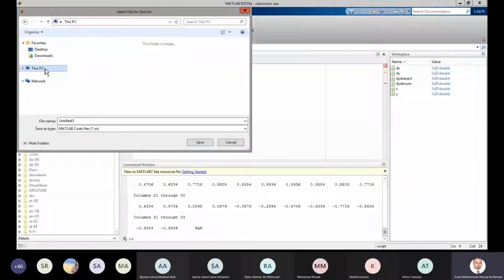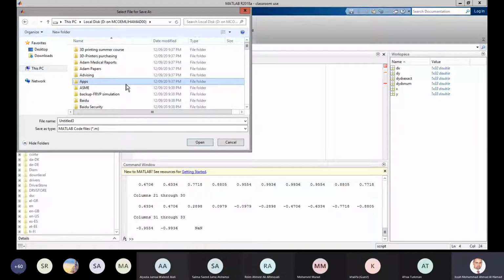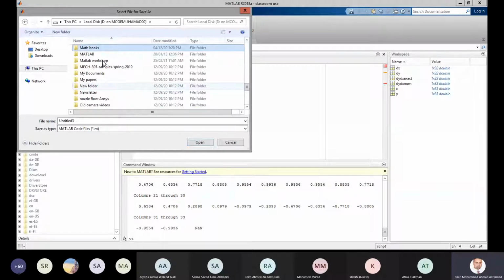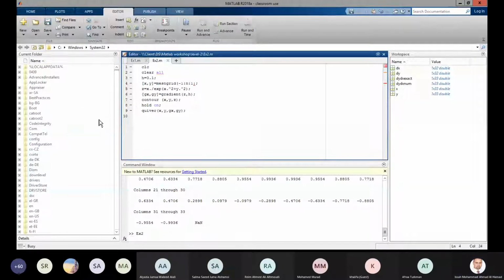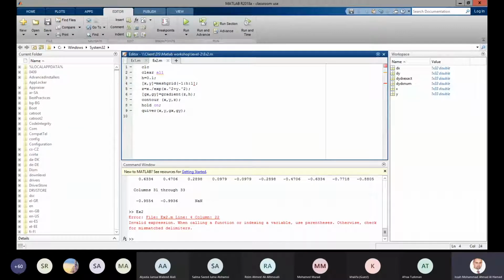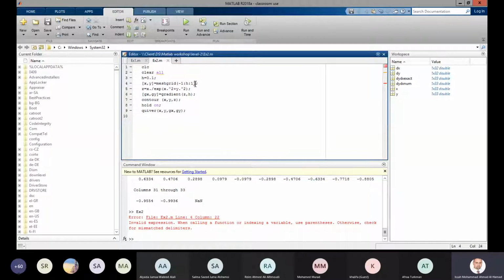Again, I will take it to the folder, MATLAB workshop level 2. Okay, so let's see what the problem is. Line 4, line 4. Okay, line 4. This should be